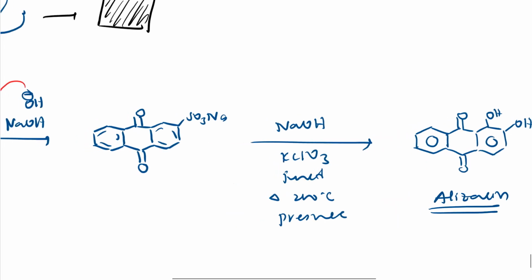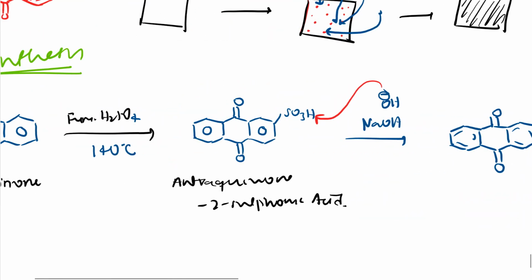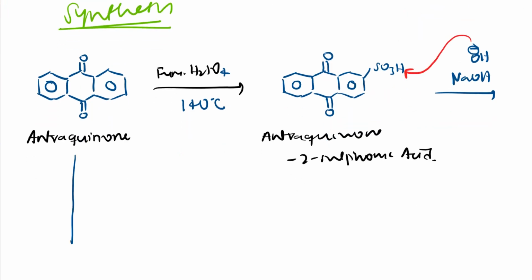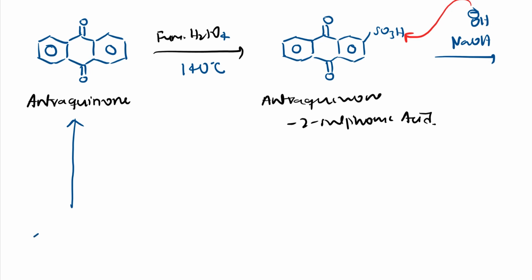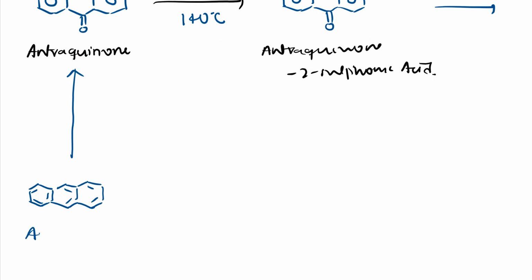And you may ask me, right? So we started with this anthraquinone. You may ask, sir, how did we get this anthraquinone? This anthraquinone can be easily synthesized using this. See here. Can you name it? What is this? It will be like this: double bond, double bond, double bond, double bond, double bond, double bond. So it is simply nothing but anthracene,